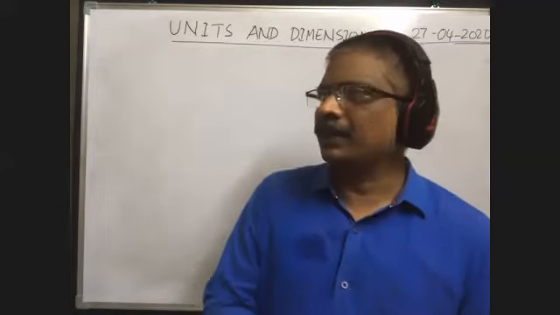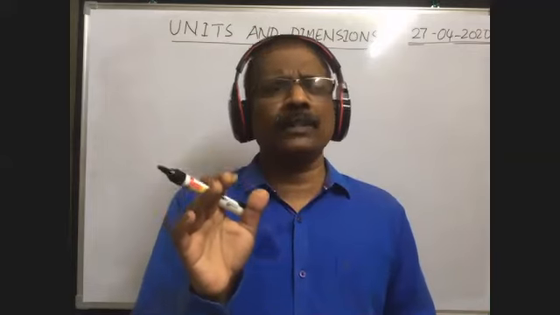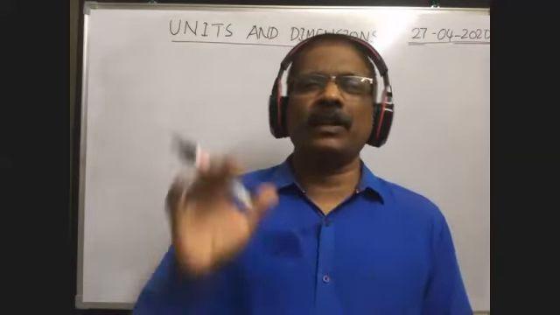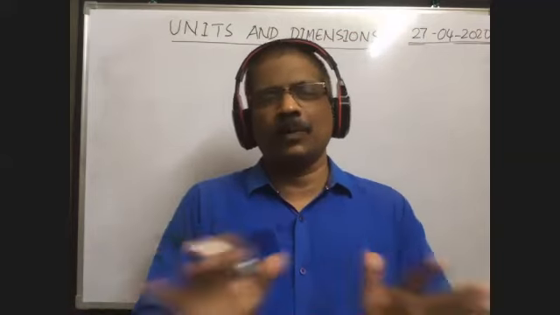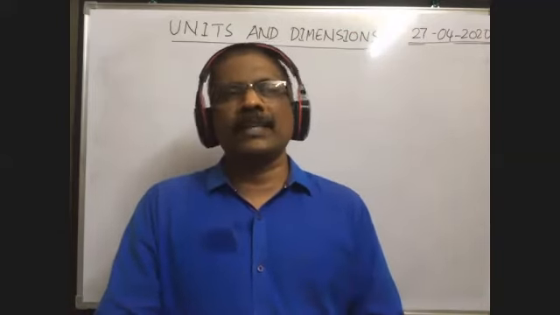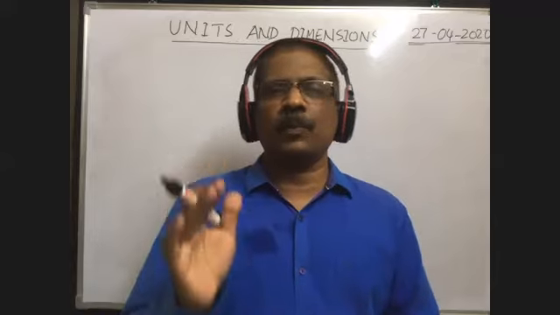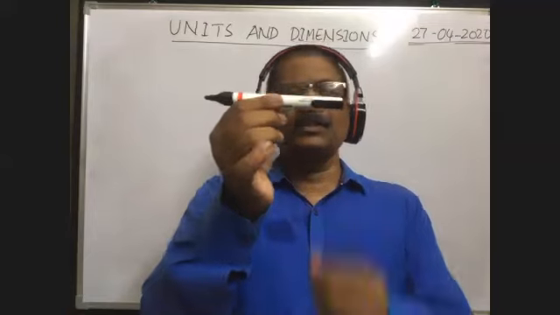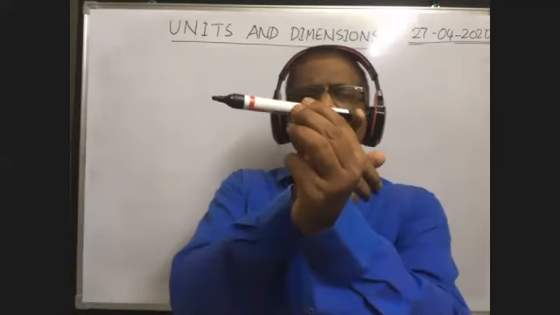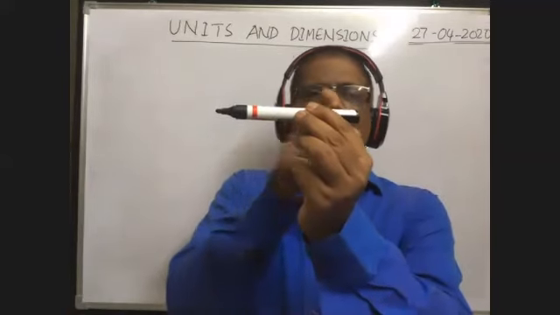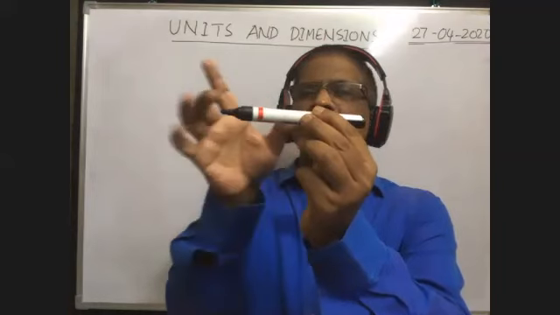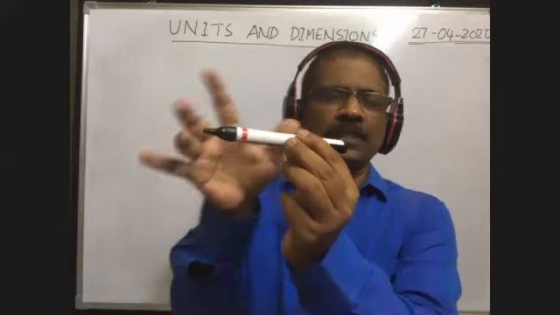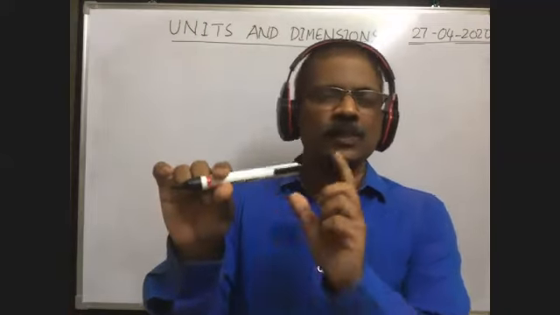Okay. Here, physical quantity means the measurable property of any object or any body in nature. That is the most generalized definition. Here you see the pen marker. From this end to this end, we can measure the length, no? We can take the dimension from this end to this end. That is called length. So length is one physical quantity.